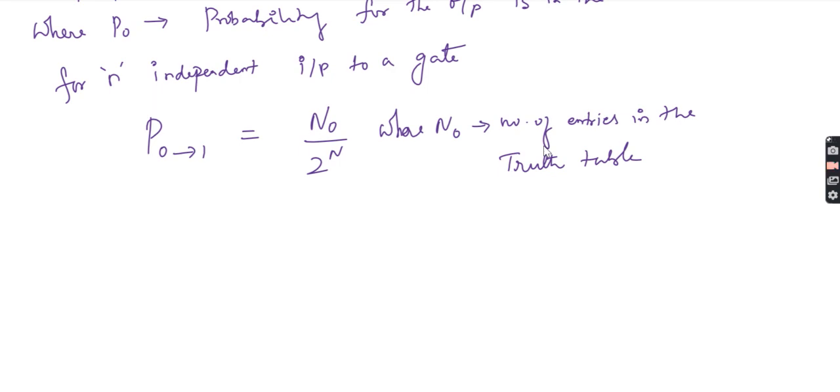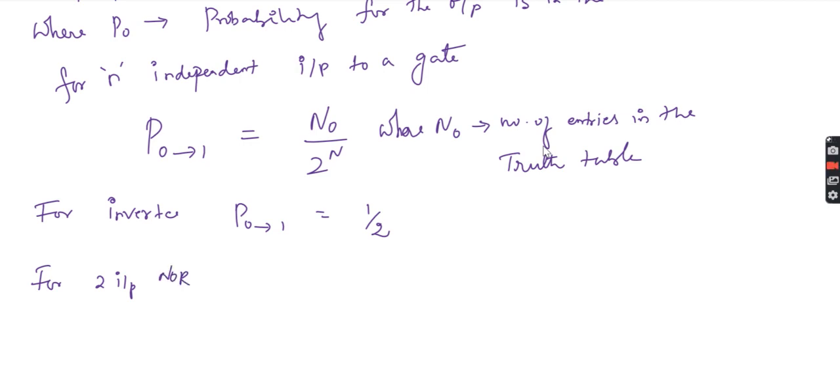So now I can say how, let us put some transition activity for dynamic gates. Okay, tabular column. So for inverter, the switching activity from 0 to 1, the probability is 1 by 2. You can see N0 by 2 power N, so it will be very easy. Next step. So for 2 input